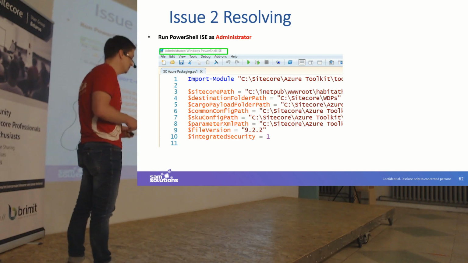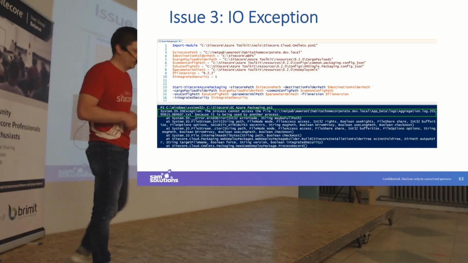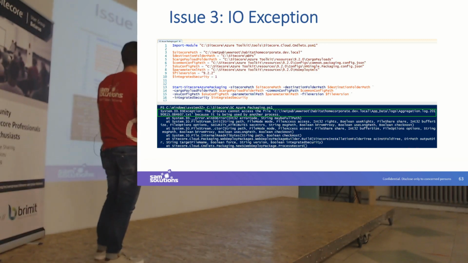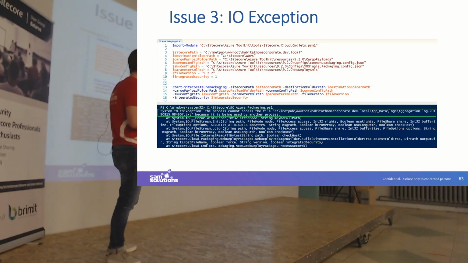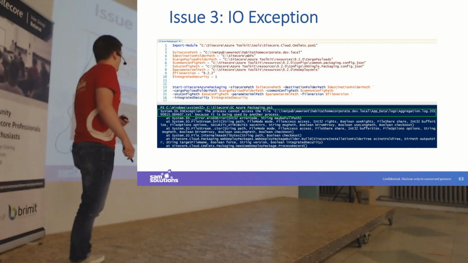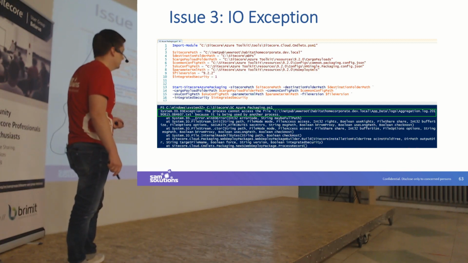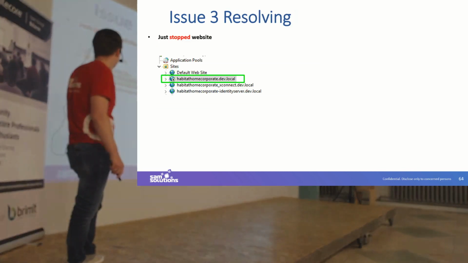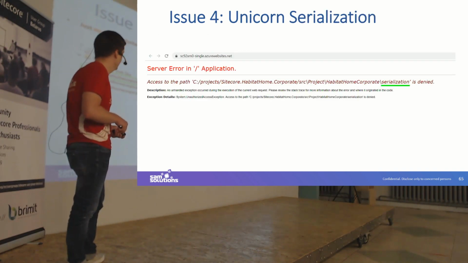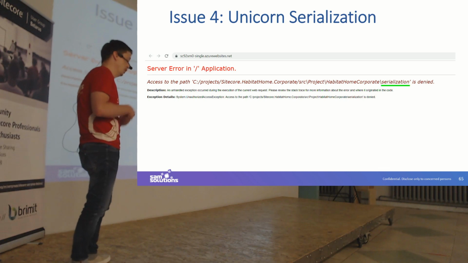This is fixed, but I grabbed another exception. This is an I/O exception, and the process cannot access the file, also the log file located in my real Sitecore instance. And for that, also a quick fix, I just went to IIS and switched off my site. And that's all, but when we deploy it,